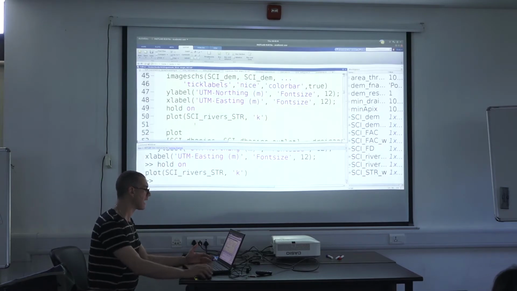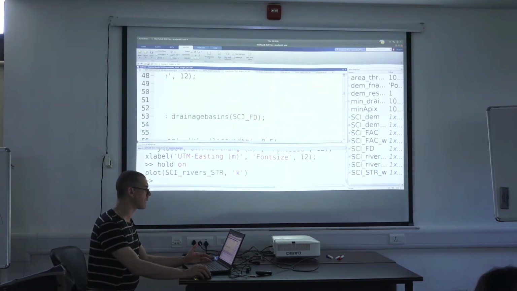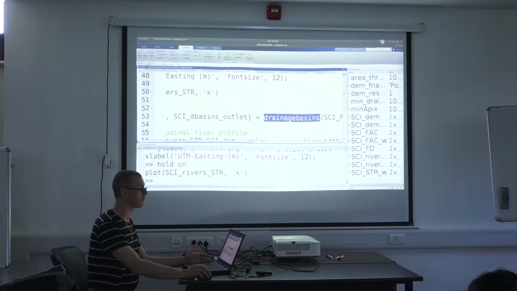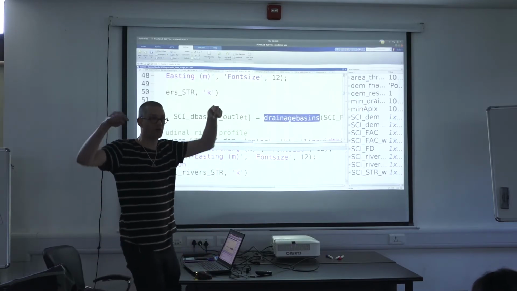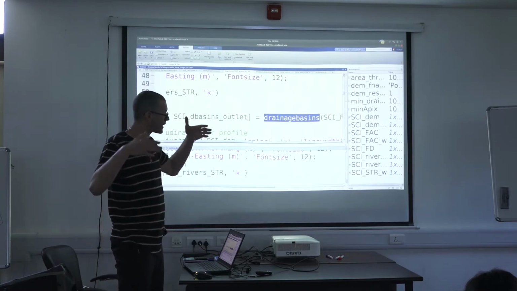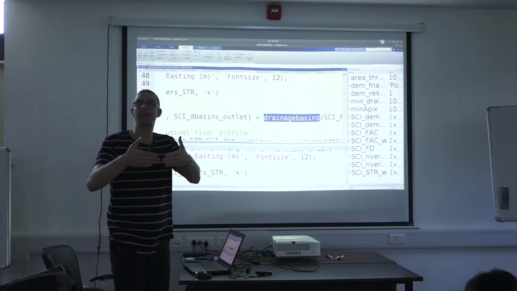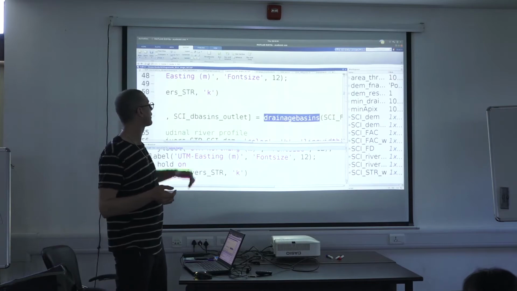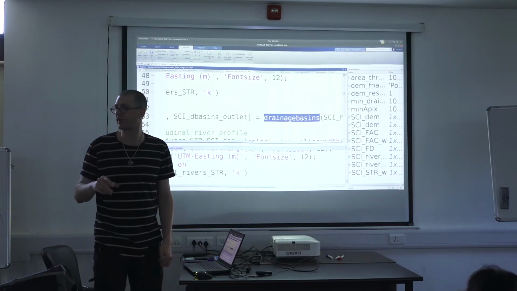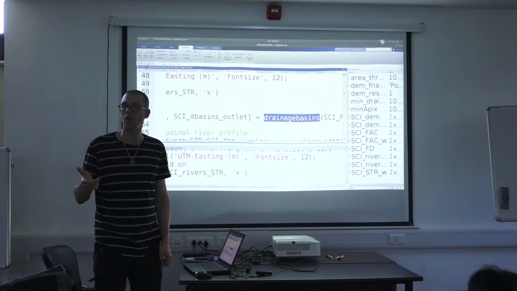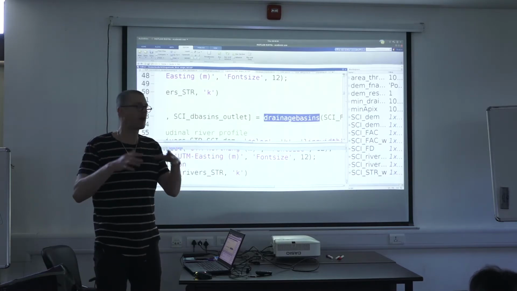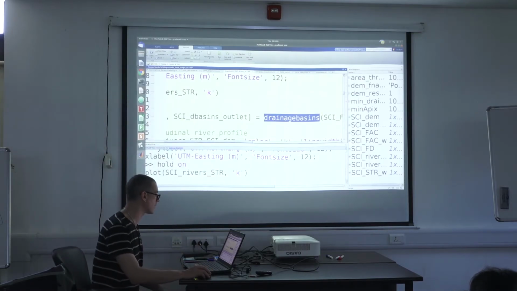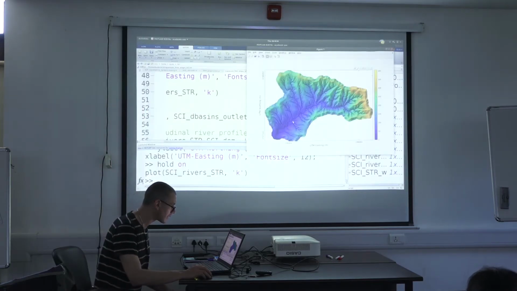Okay, there is another thing that you can do, which is maybe not that useful right now, but you can also delineate the drainage basin. Because we have a flow network, right? We have the flows of the river. We can identify the river, and when we can identify rivers, we can also identify the borders of rivers, which is the drainage basin. We don't need to go there because right now we only have one drainage basin, right? This is this large catchment. If you have a different digital elevation model of several Himalayan catchments, for example, you may need to do something else. One thing you could do is, if you are interested in a very specific catchment, for example, in this guy here,